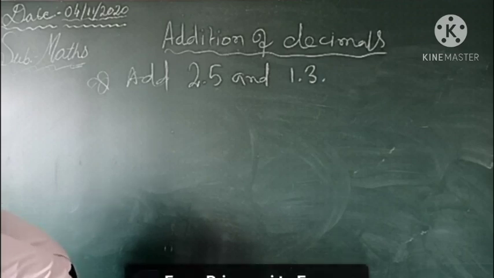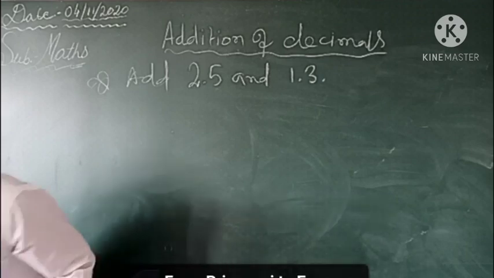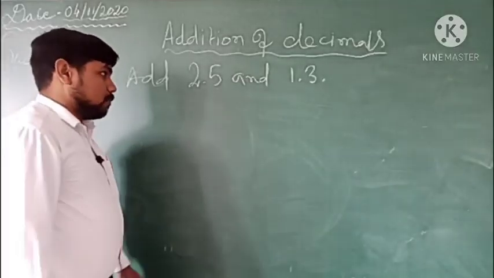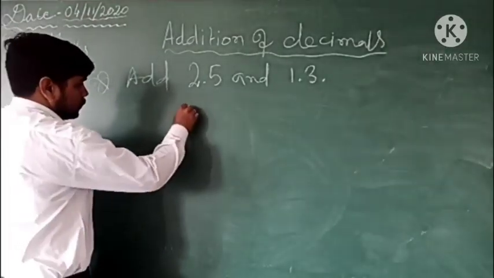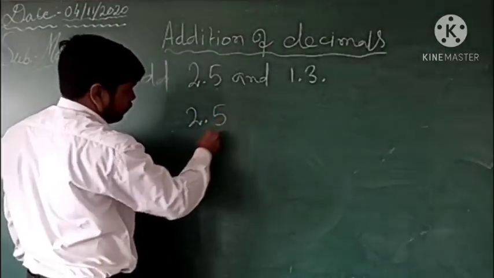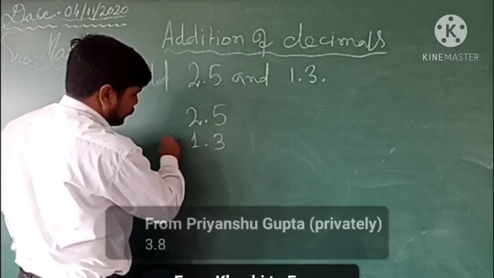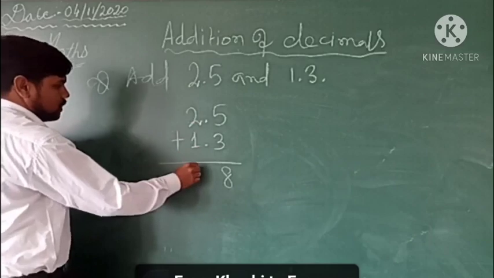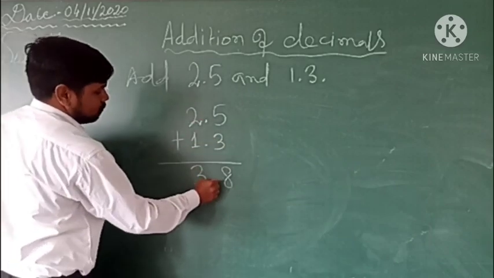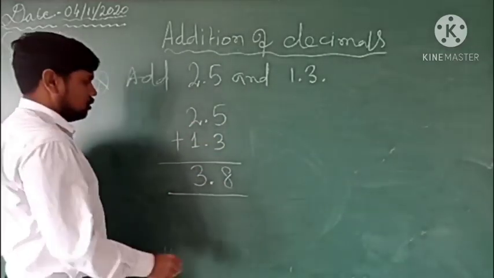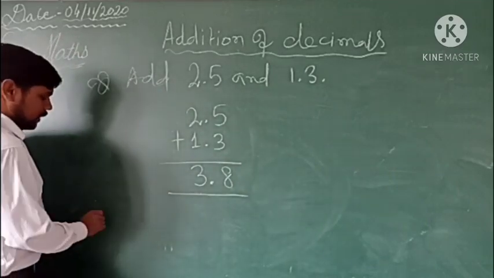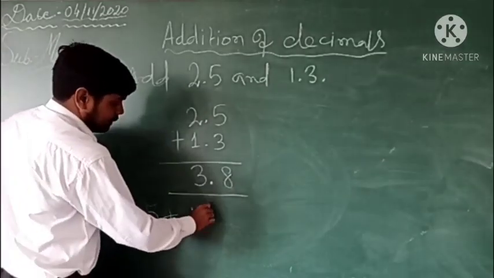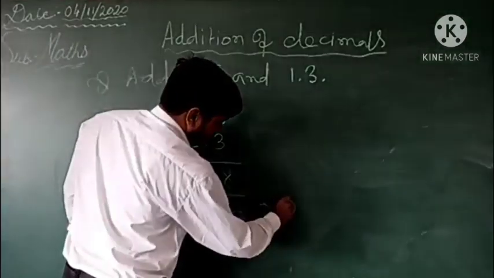Okay, I am getting the answers. 38, 3.8, like this. So let us see. So 2 decimal 5 and 1 decimal 3. This is what we have to add. So 5 plus 3 is 8 and 2 plus 1 is 3. And before 1 digit decimal. Therefore 2 decimal 5 plus 1 decimal 3 will be 3 decimal 8. So whoever's answer is 3 decimal 8 is the correct answer.